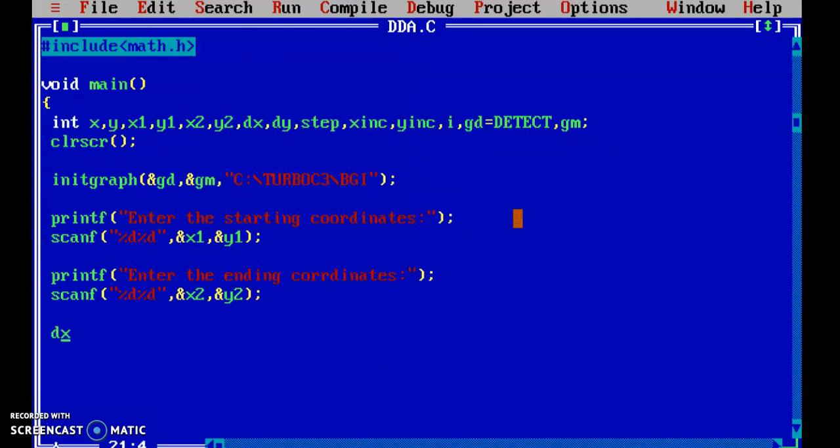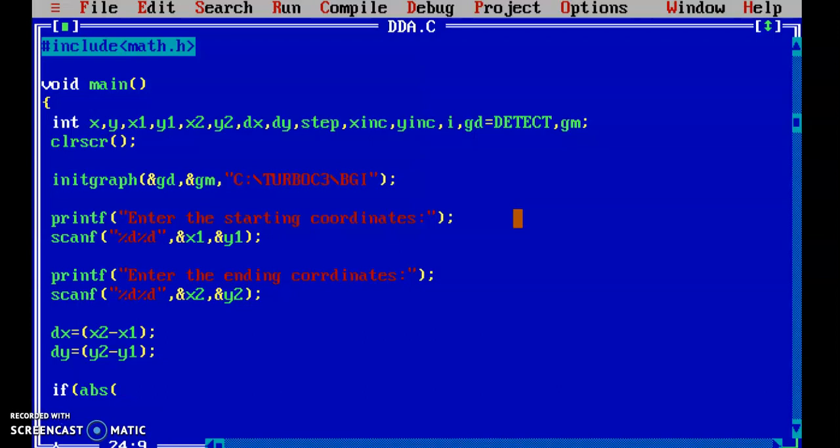Second step is to calculate dx and dy. So dx is calculated as x2 minus x1, dy is calculated as y2 minus y1. Then we can calculate steps. For calculating steps, we are going to use the absolute value to remove the negation of dx and dy.